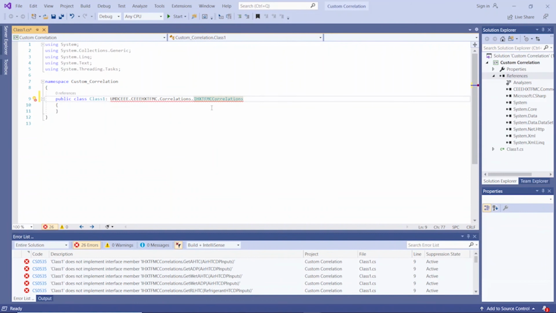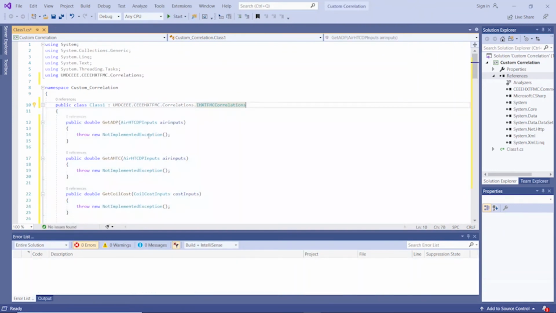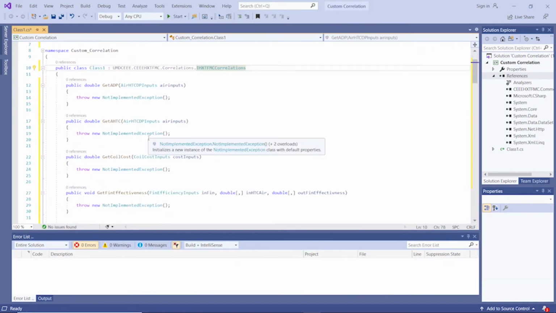Your typing on this line is now done, but as you can see, a lot of errors have popped up in the error section of the window. All these errors complain that Class 1 has not implemented the interface yet. To rectify these errors, go to the left where there is a little light bulb with an X on it, right next to the line numbers. Press the down arrow and select Implement Interface. Mousing over this reveals a preview of the interface. Press Enter, and now all of your errors should disappear and a whole batch of code should deposit itself into